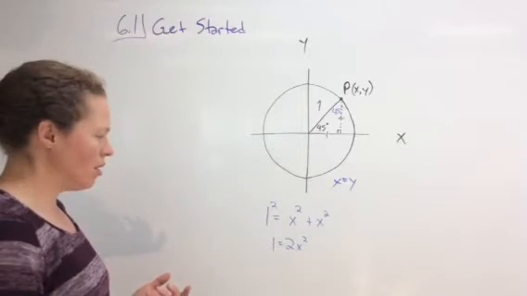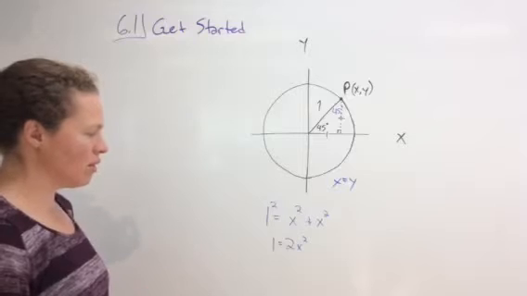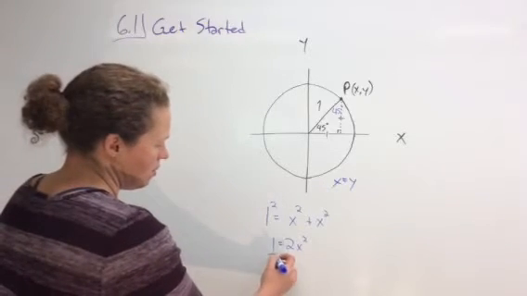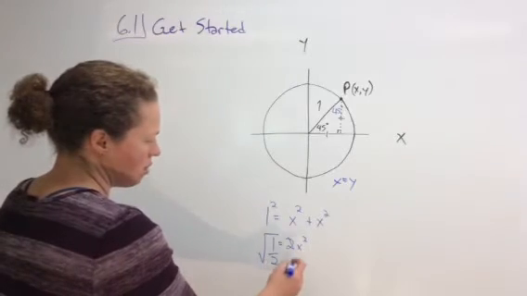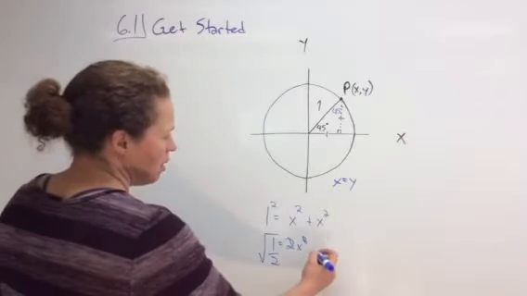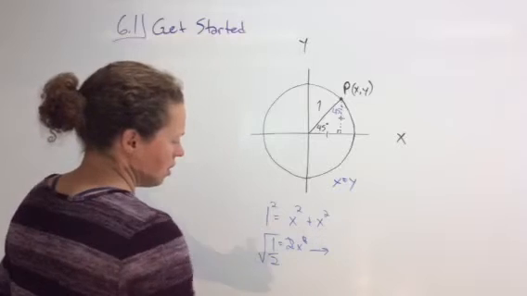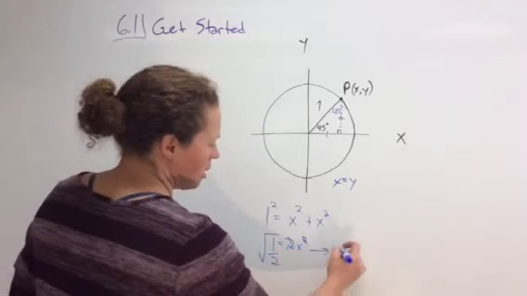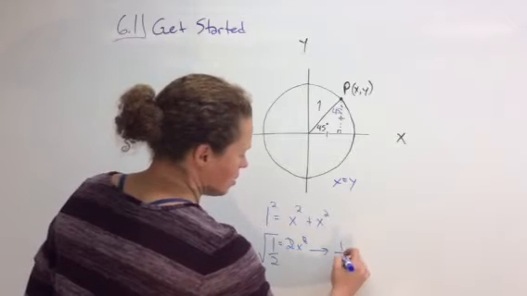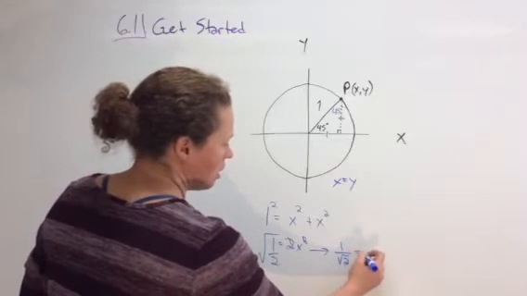That means we can continue on with solving for x and divide by 2, get rid of that, and then take the square root of 1 over 2, which gets rid of that, and the square root of 1 is just 1, so I can solve that out, and it's just 1 over root 2 equals x,